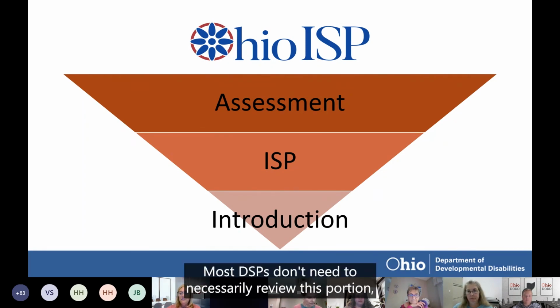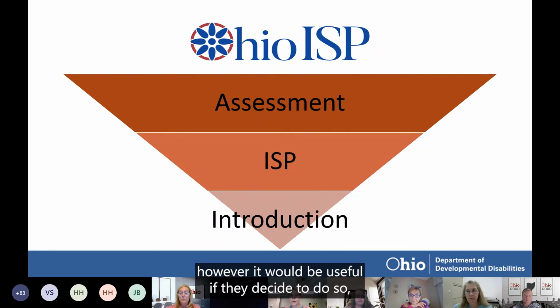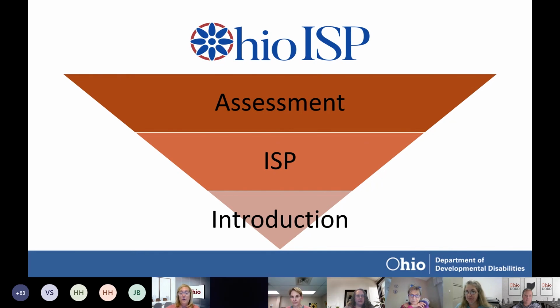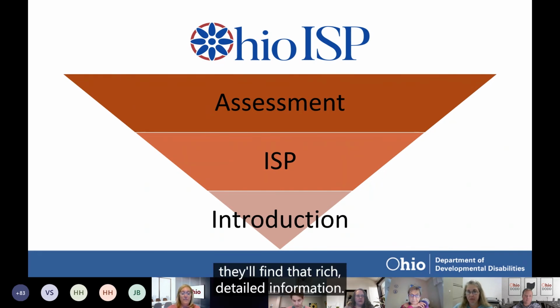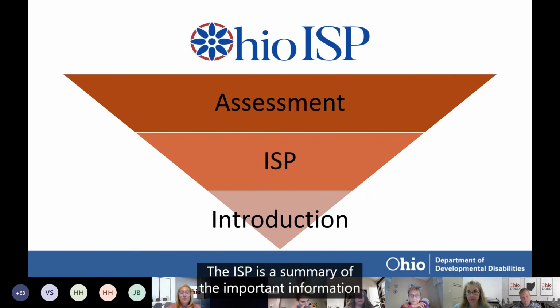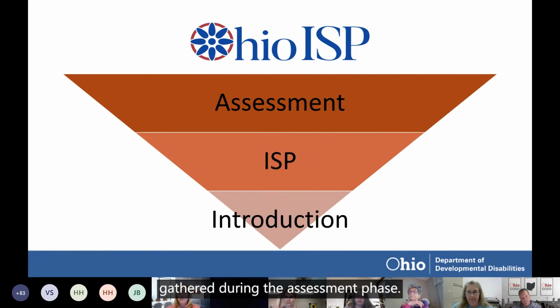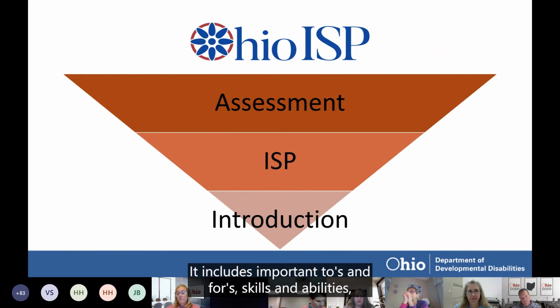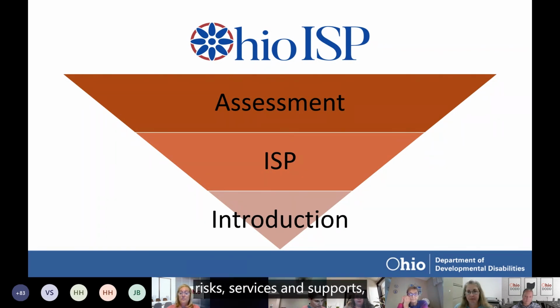Most DSPs don't need to necessarily review this portion. However, it would be useful if they decide to do so. They'll find that rich, detailed information. The ISP is a summary of the important information gathered during the assessment phase. It includes important 2s and 4s, skills and abilities, risks, services and supports, outcomes, and interwoven information related to any